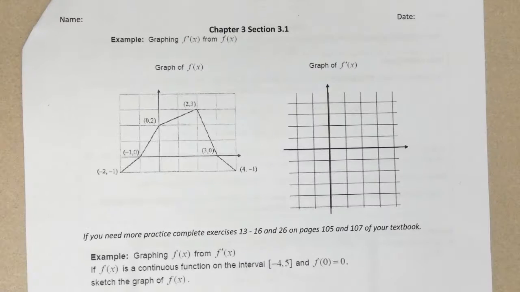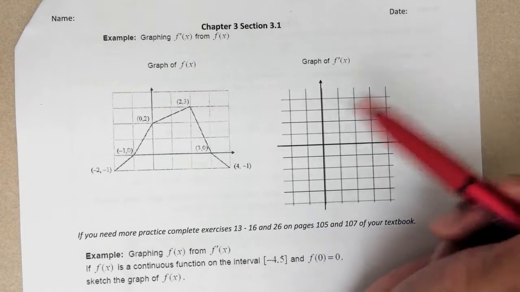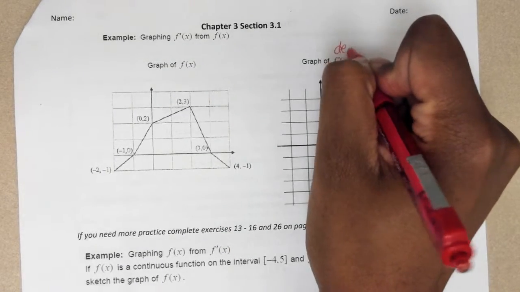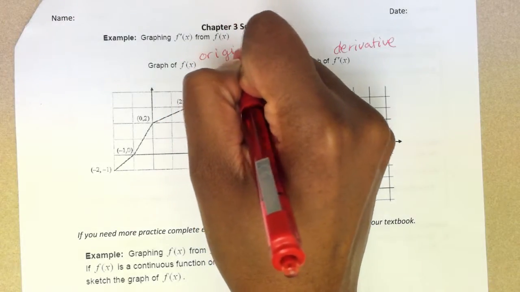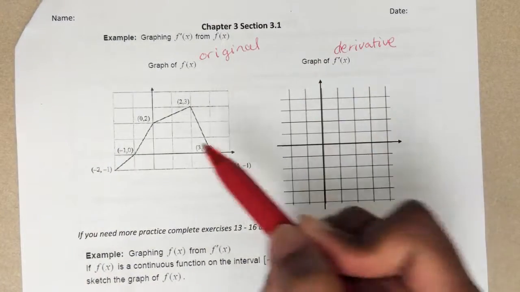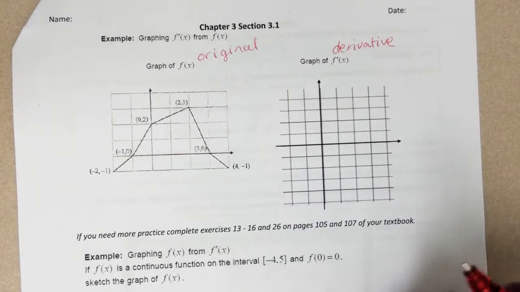Onto page 3. Okay, so now we're going to be graphing some f prime and f graphs. So in order to graph f prime, so this would be the derivative from the original,